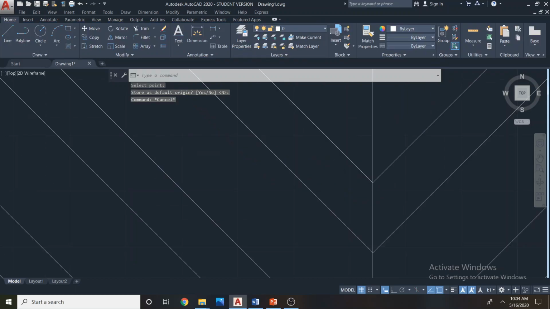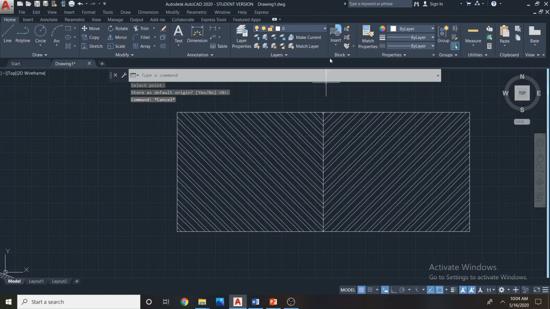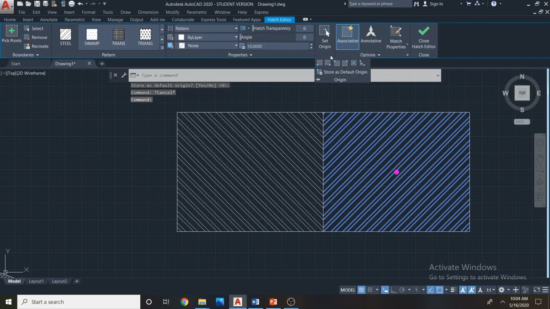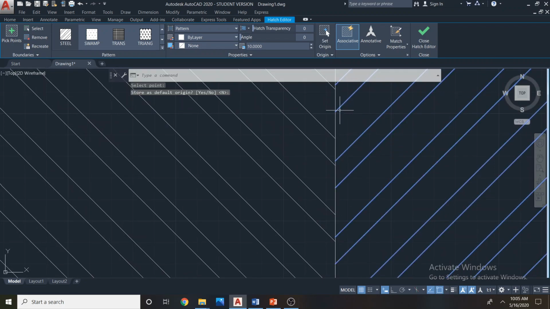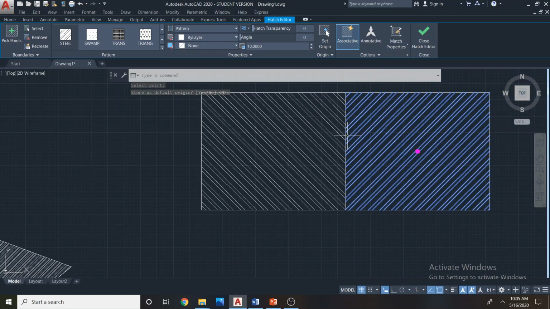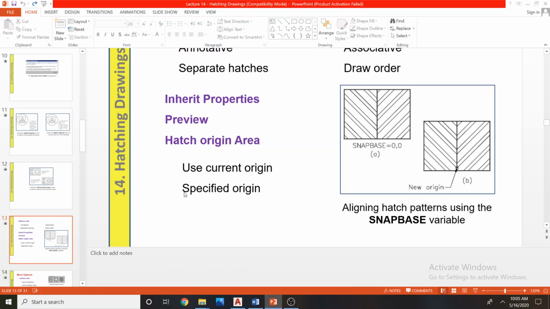This is quite okay. So I use the manual method because the predefined settings didn't work for me. I click on this one and use the nearest options, and if I come here and click here, it will go to that point. So I use the manual method instead of the predefined settings available in the software.